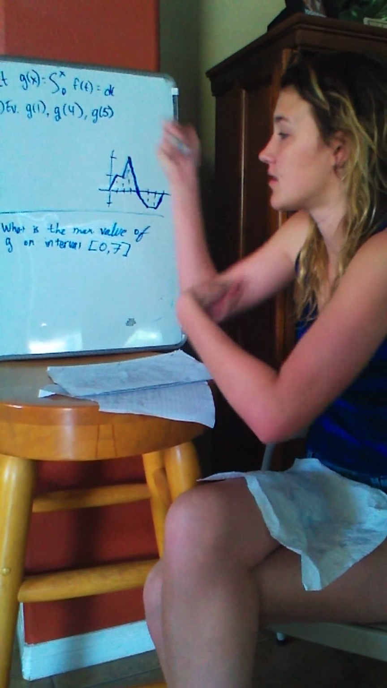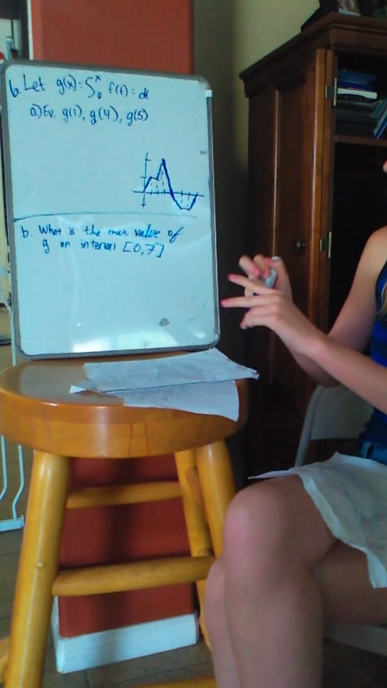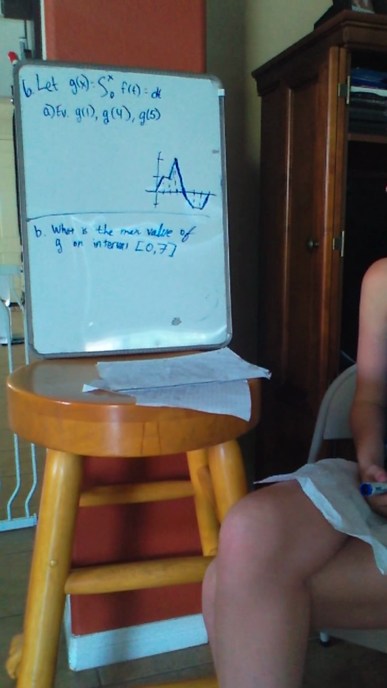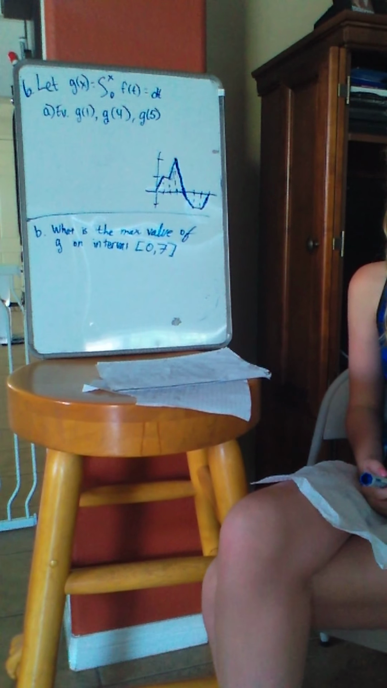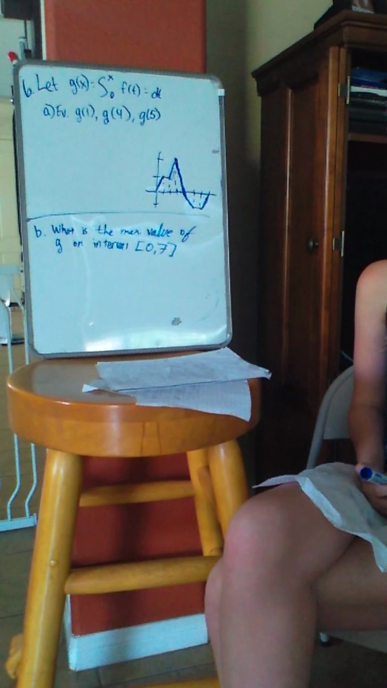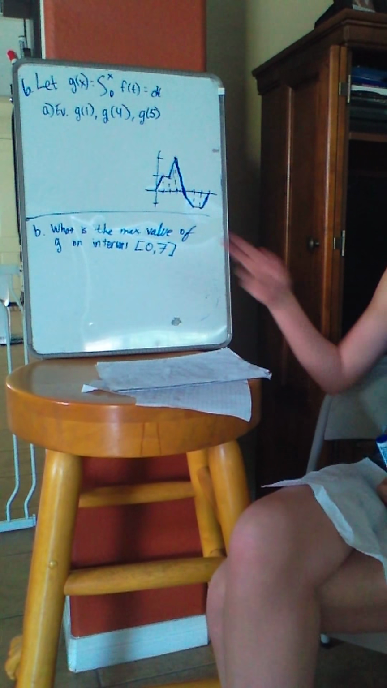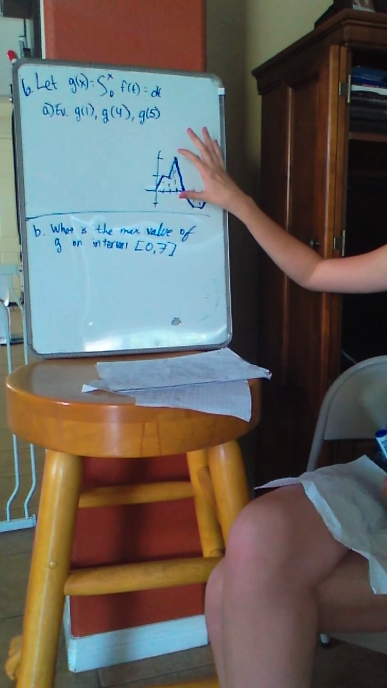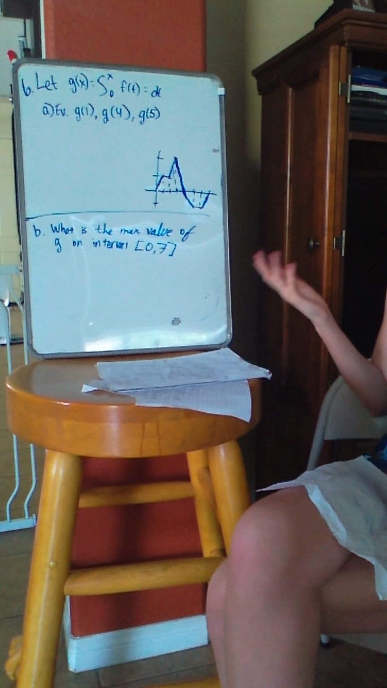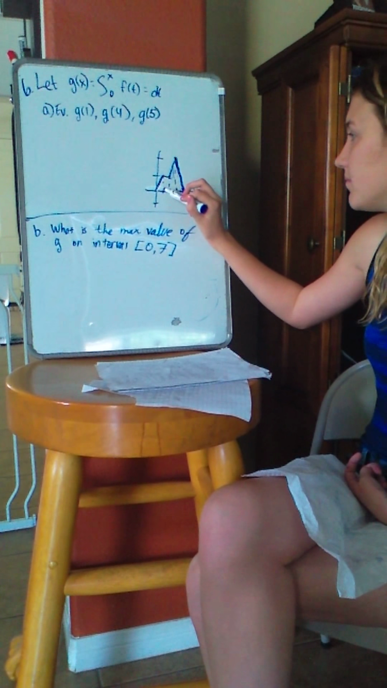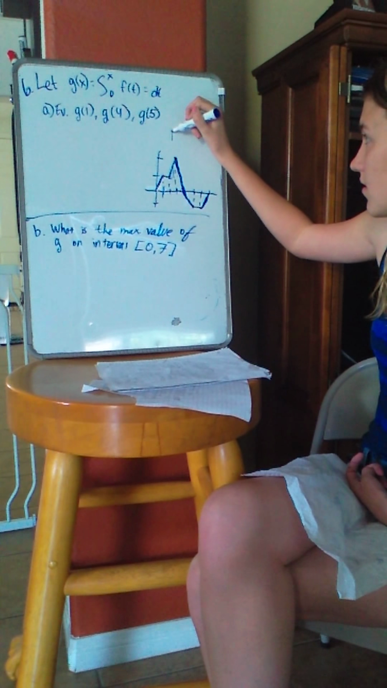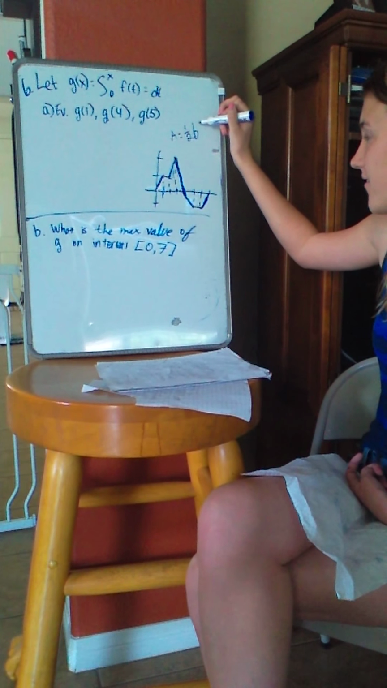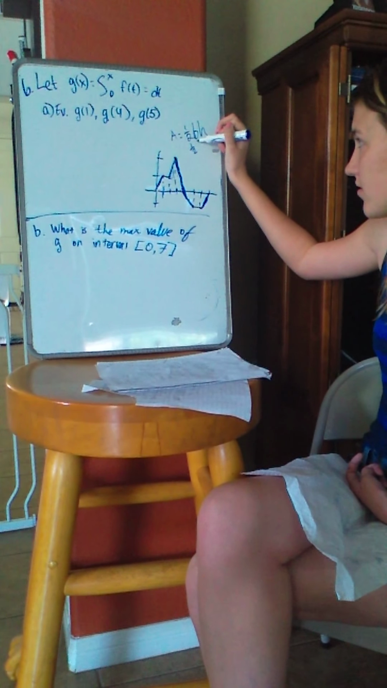So for number 6, it says let g of x equal the integral from 0 to x of f(t) dt. For part A, evaluate g of 1, g of 4, and g of 5. So here's the graph, and I already put it into segments because to find these you're going to have to find the area. So for 1, here's 1, it is a triangle, so the area of a triangle is half base times height, so 1/2 times